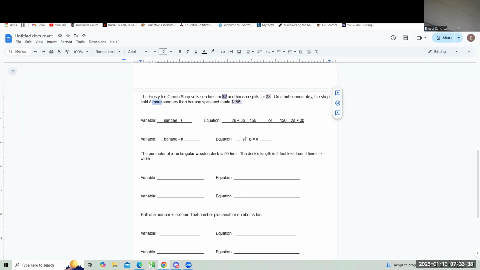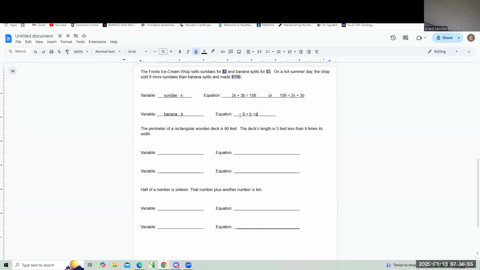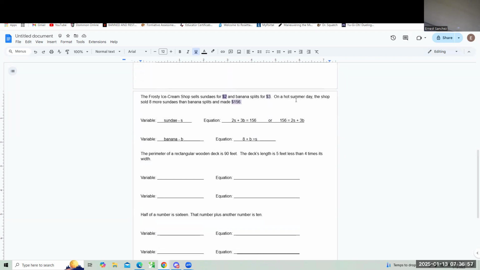So let's see, that would be 8 plus B equals S. And I know that looks weird. You just have to kind of read the sentence. So we're getting to the territory right now with these bottom 3 where you have to reread stuff because it says they have 8 more sundaes than banana splits. So if you think about that little section right here,